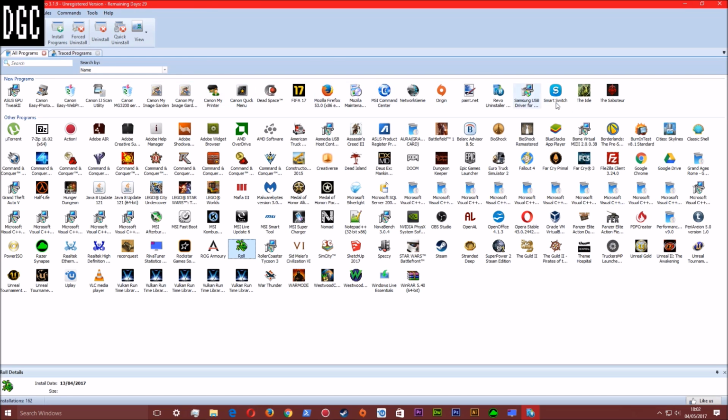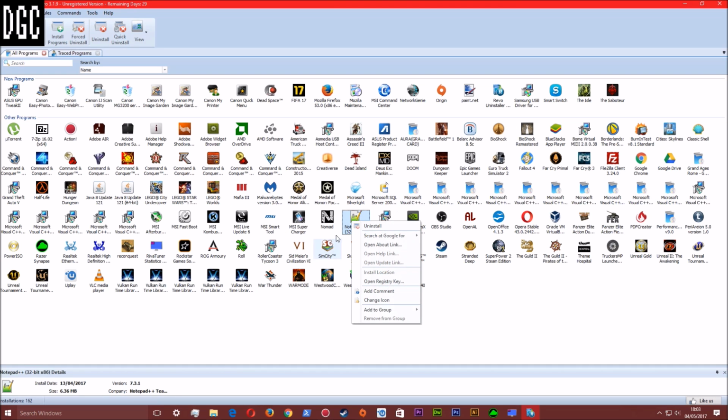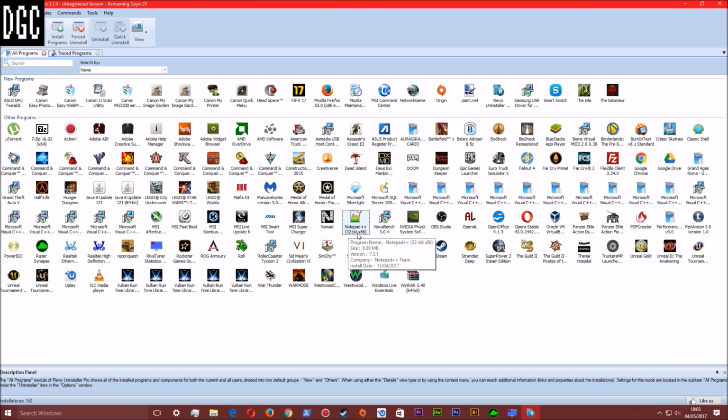Now, as you can see, I have all my programs listed. This is everything that I have installed on my system. Now to start uninstalling any program, all you basically need to do is click on a program. First of all, you can highlight a program, let's pick one, say this one, this Notepad++ 32-bit